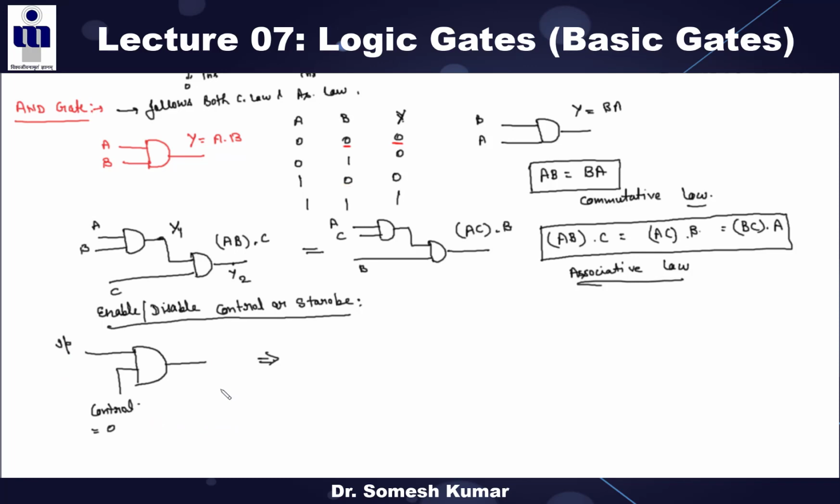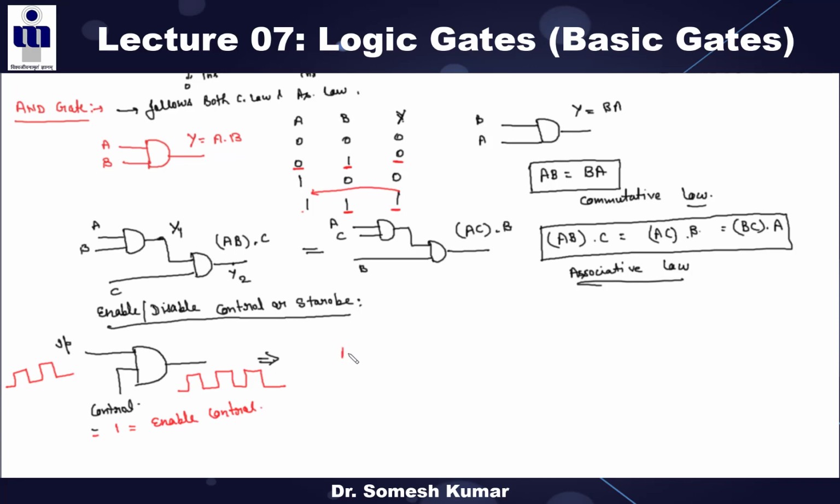What happened in the opposite case? If this control is 1, what happened in that case? This is 1. What is the output? Output is 0, which is nothing but your second input, right? If this is 1, you are getting 1. So, if control is 1, at the input you have a square pulse, and at the output you are getting a similar square pulse, right? Clear? So, this control 1 is called your what? Enable control.